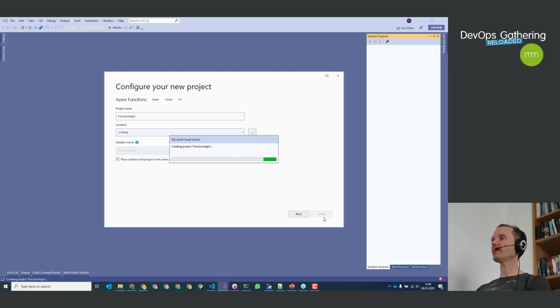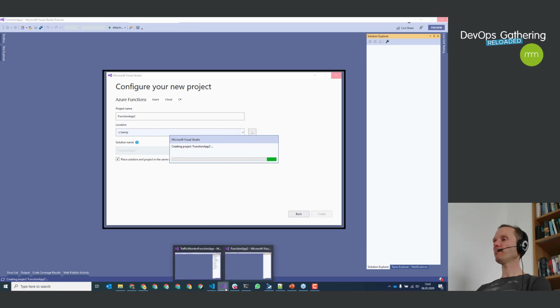Let's click on Create, and this will now create the Azure function here in my Visual Studio. As I told you, my laptop is not the fastest one if I'm doing a webinar like this, because the webinar platform uses quite a lot of CPU power. I will wait for another few seconds. If it takes more time, I will switch to my pre-created sample and we'll get back later on here.